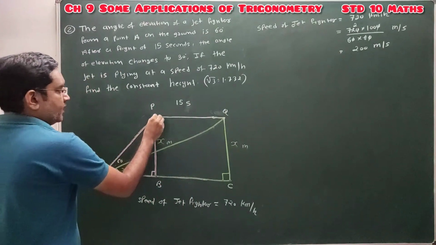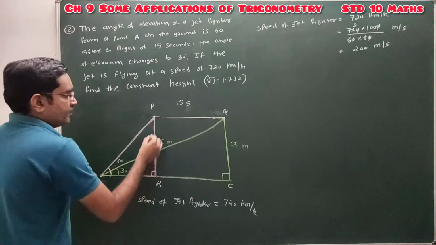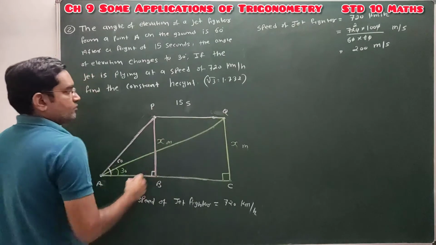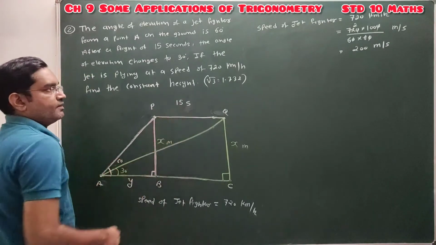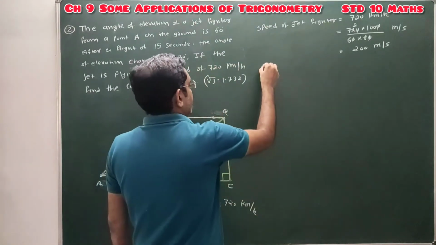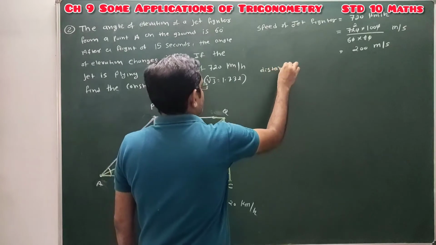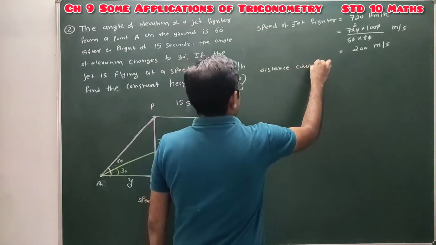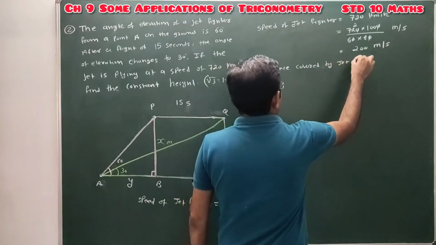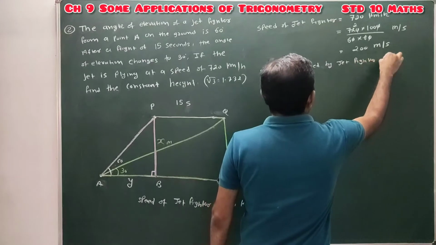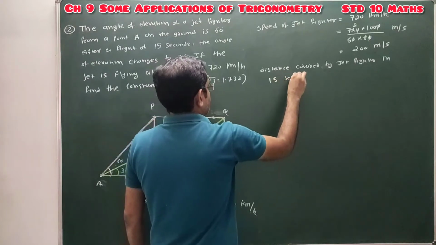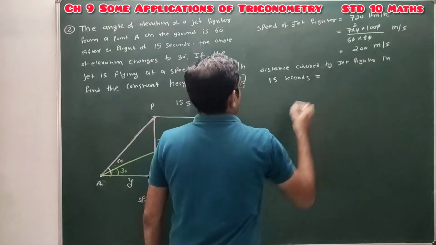And here the position of jet fighter after 15 seconds is given. The initial position of jet fighter is P, and after 15 seconds it reached at this point Q. So you have to find the distance covered by this jet fighter in 15 seconds. Our jet fighter covering the distance of 200 meter in 1 second. Therefore we can say that distance covered by jet fighter in 15 seconds equal to